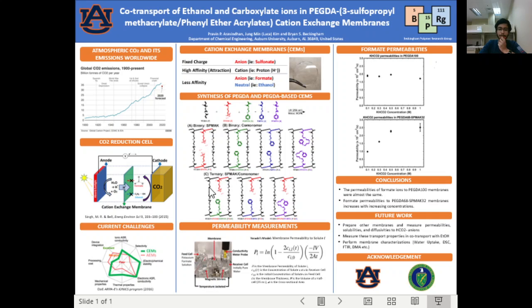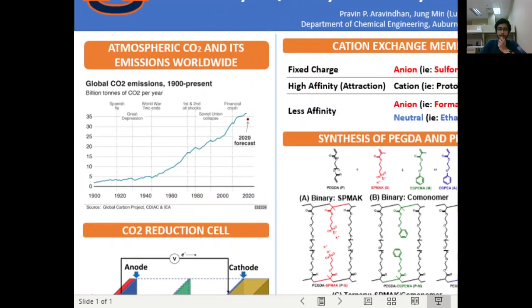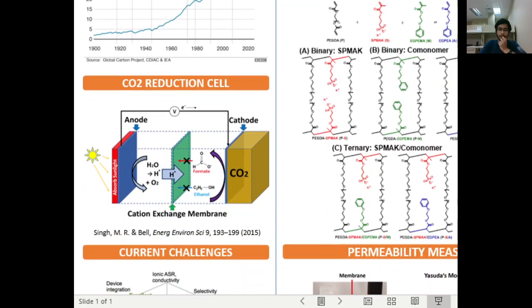As we all know, global carbon dioxide emissions have been on the rise for the past 200 years, and this has also resulted in an increase in global average temperatures. To mitigate this negative effect, we need to look for ways to tap and utilize CO2 into various useful chemicals, and one such proposed solution is to use a CO2 reduction cell, that absorbs sunlight and reduces